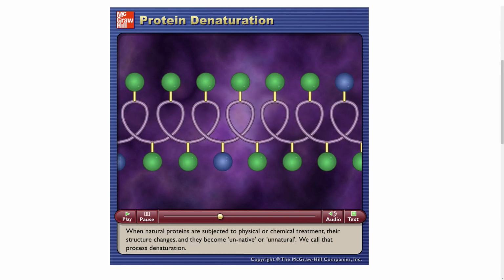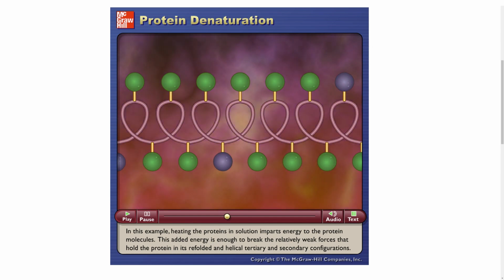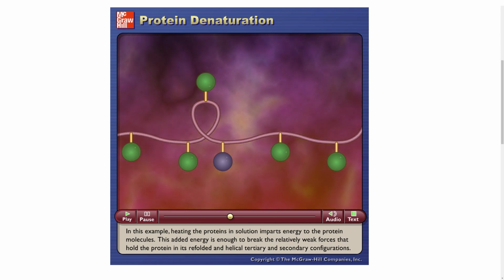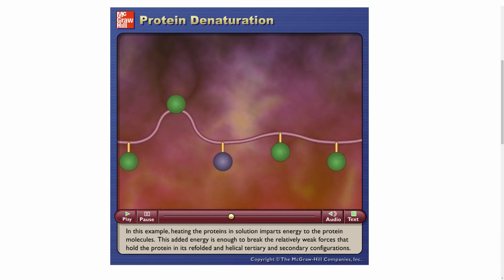When natural proteins are subjected to physical or chemical treatment, their structure changes and they become unnative or unnatural. We call that process denaturation. In this example, heating the proteins in solution imparts energy to the protein molecules. This added energy is enough to break the relatively weak forces that hold the protein in its refolded and helical